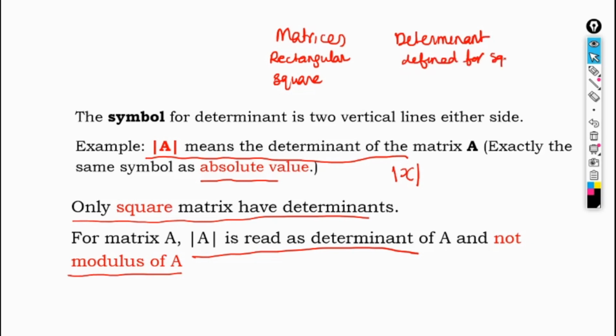And one more thing, a matrix has no value. ಅದಕ್ಕೆ ವ್ಯಾಲ್ಯೂ ಅನ್ನೋದೇ ಇರೋಲ್ಲ. It is just an arrangement of numbers. But a determinant ಏನಾಗುತ್ತೆ, it has a value, which is a real number. So that is the difference between matrices and determinants. So a determinant is a function from the set of all square matrices to a real number.